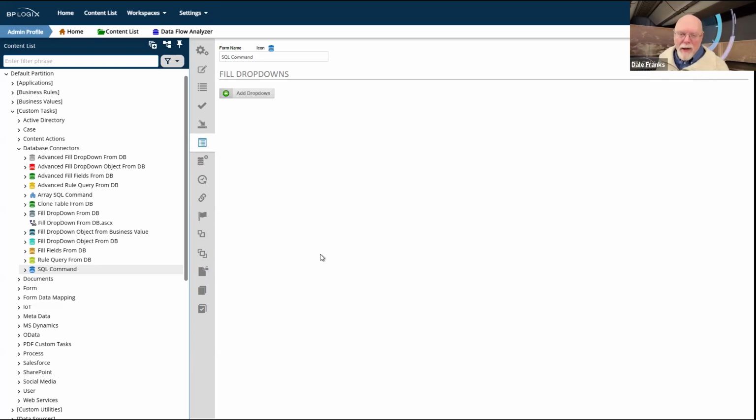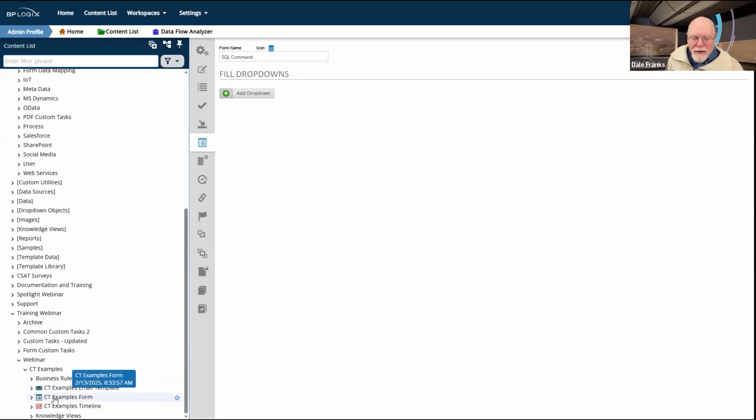They may not want to do that because there are some custom tasks that are going to be 6.1 specific, but they should be backwards compatible. We'll look into that. The important thing to remember is that the custom tasks and product releases are not the same thing and often do not happen at the same time. So just keep an eye on those custom tasks on the downloads page, and routinely check to see if you need an update on your custom tasks.